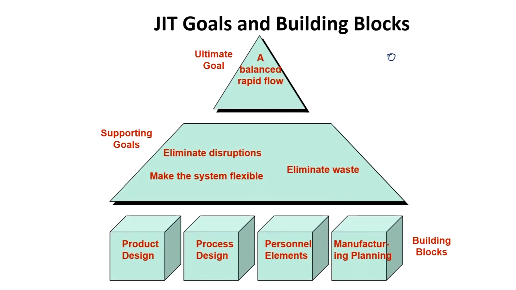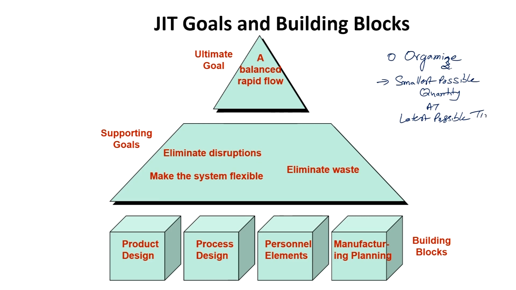In JIT we are doing the activity only when it is required, and for that purpose we organize the work in such a manner so that I can produce the smallest required quantity at the latest possible time, and for that I am building the smooth and rapid flow